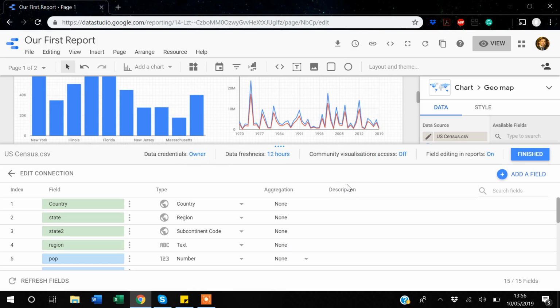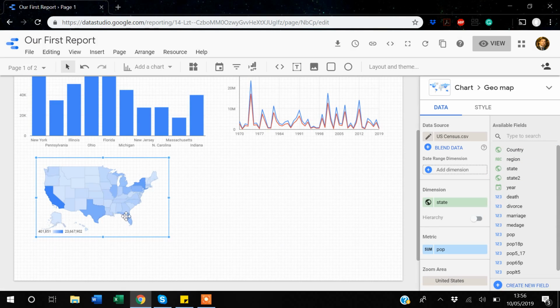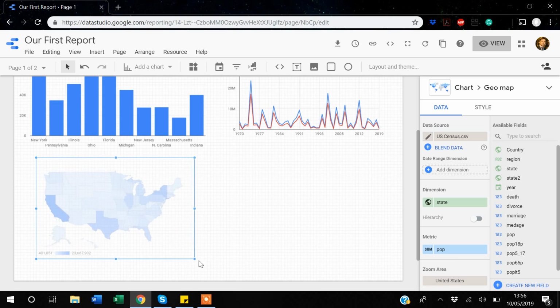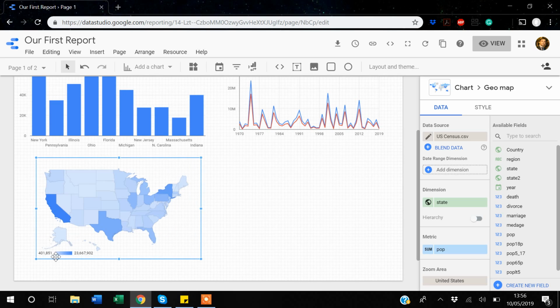So continue. Once I finish it, you can see that my map is now showing me the US map, and the different colors of different states represent the population level. Even if I make it bigger, you can see it starts from the lighter blue, about 400,000, and it goes up to about 23 million